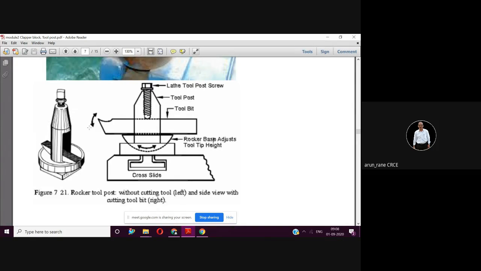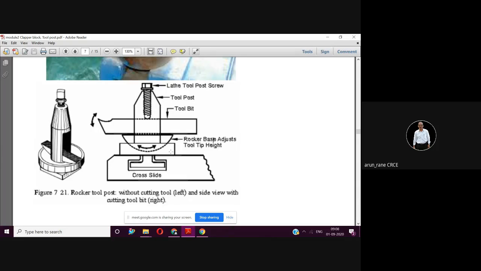The workpiece is round, so the workpiece center line should match with this cutting point. It should not be up or down. In case it is up or down, then the center height can be adjusted with the help of this wedge. You have to push it from this side or from this side so that it will move up and down. That is the purpose of this key, and that's why this semicircular shape is given.